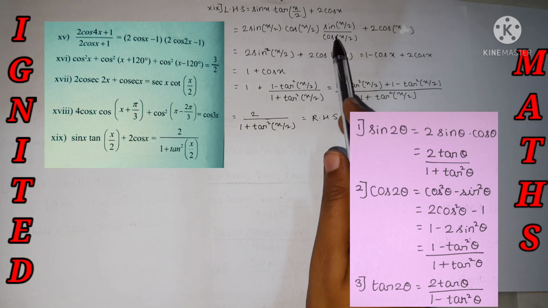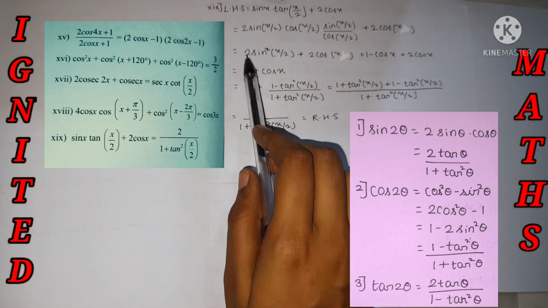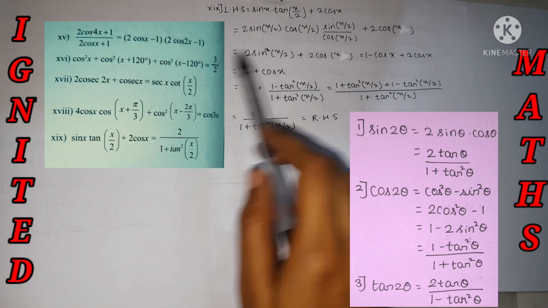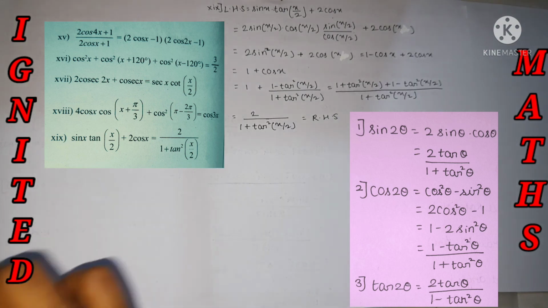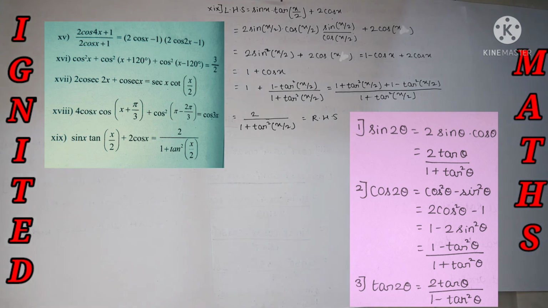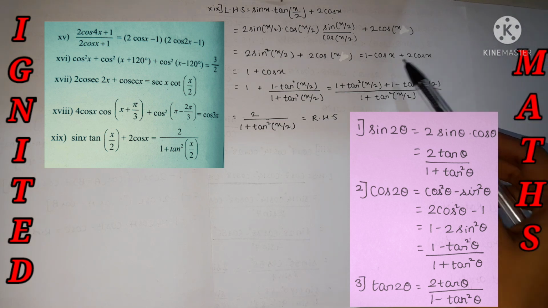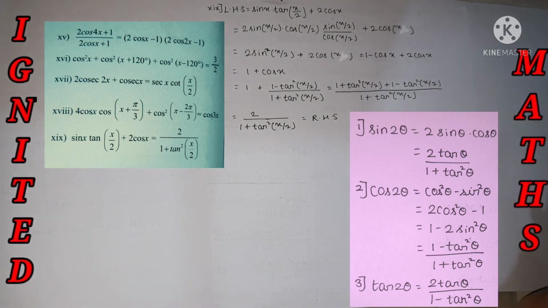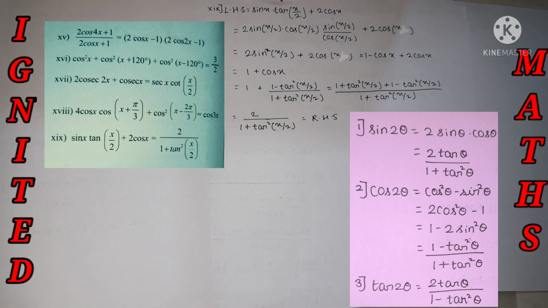Yes, so over here it's nothing but cos x by 2 cancel. Yes, and 2 sine square x by 2 plus 2 cos x. Yes, we have represented over here, and by using the formula of the 2 sine square x by 2, it's nothing but 1 minus cos x. I'll just show you all of the construction at the left hand side. Please go through the left hand side and the solution at the right hand side. Yes, plus 2 cos x I have represented as it is. So minus cos x plus 2 cos x, nothing but plus cos x.